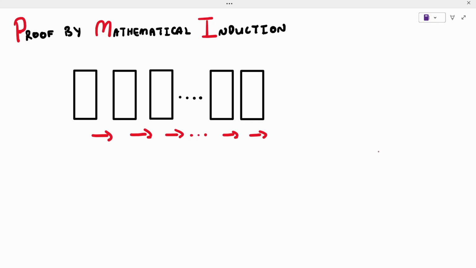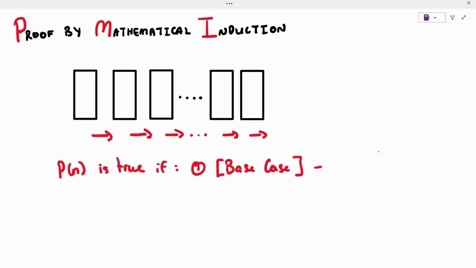So, in the context of a proposition or proving a statement, we could say, all right, P(n) is true if, one, we push the first domino. In other words, we show the base case is true, right? Most times this is P(1), sometimes it's not. So we could just put P(b) for base, right? And two,